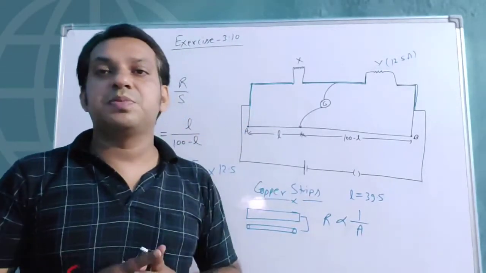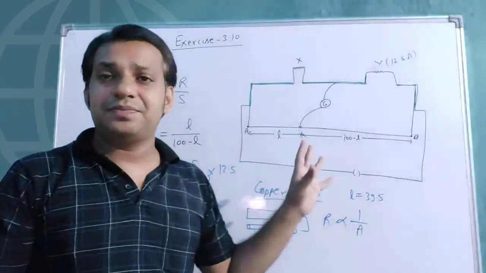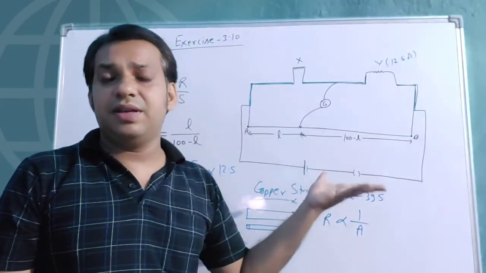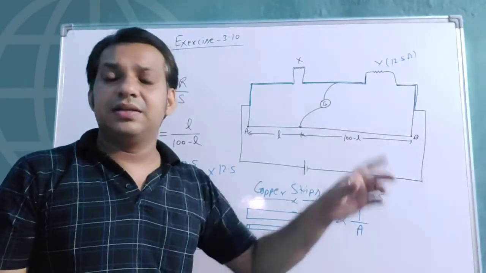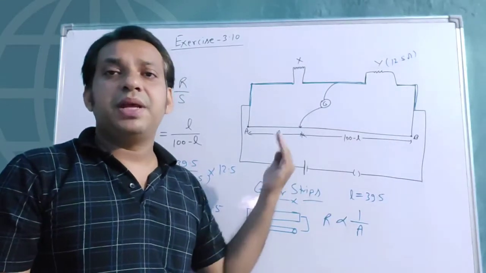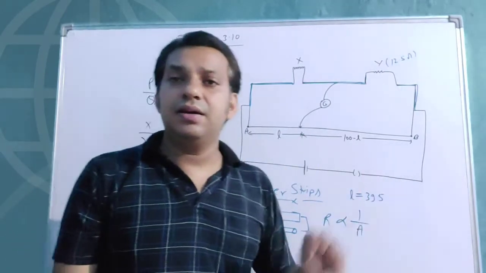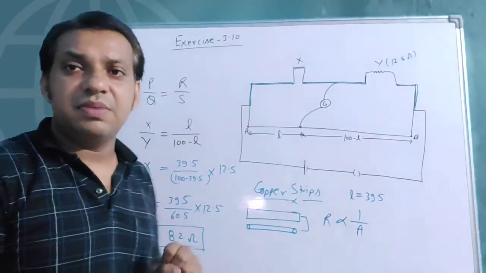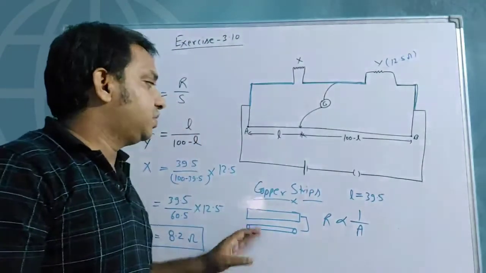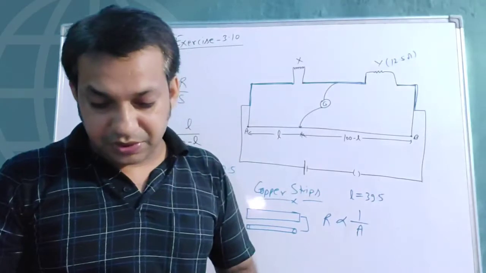So there are two reasons. One reason is given in the book, that the copper strip is providing the nominal or minimum resistance, and the second reason, what I feel and what other practical manuals mention, is that if any breaking is there in the connection, it can be easily recognized in the copper strips. So the two general reasons are given. So this is your second part question. The third, the B part question, is given.